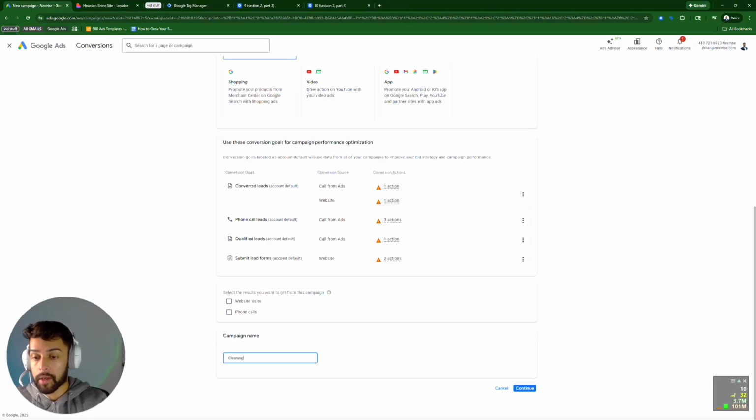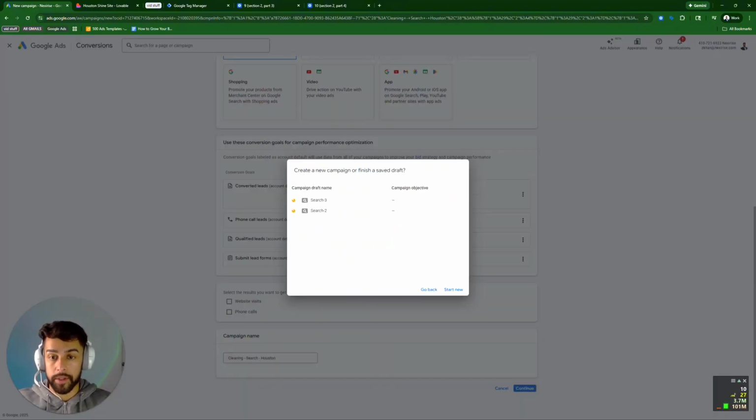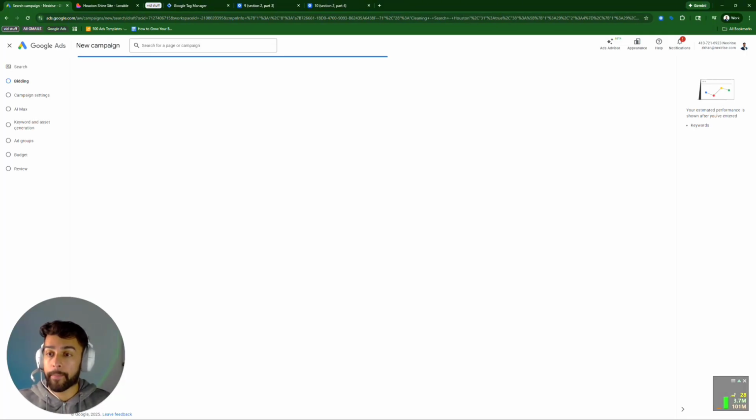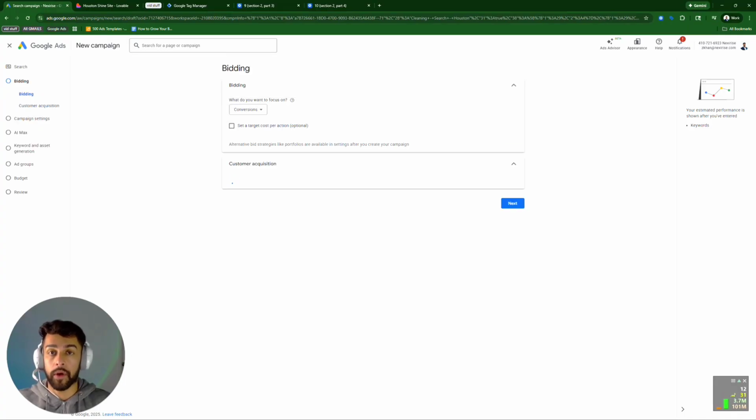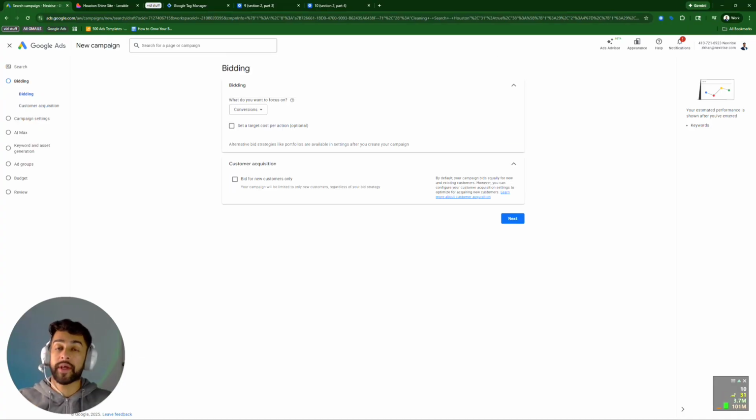So we're going to do cleaning, search, Houston. Name your campaigns well, and I promise you, your mind will be a lot cleaner going into this. So click on continue, start new. You don't need to worry about that. And then this is where we'll go into the nitty gritty about bidding strategies, setting up the campaigns with keywords,